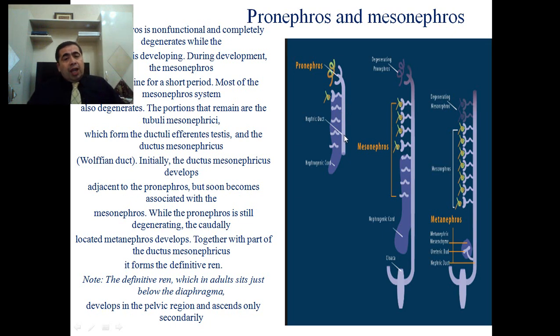Very soon the pronephros, I mean these convoluted tubules 3 to 10, are reduced, but the pronephric duct has been retained. It's an important moment: the pronephric duct transforms into the mesonephric duct. Mesonephros, or Wolffian body, consists of more segments than the pronephros. It has segments of the cervical, thoracic, and lumbar region, and of course the mesonephric duct becomes